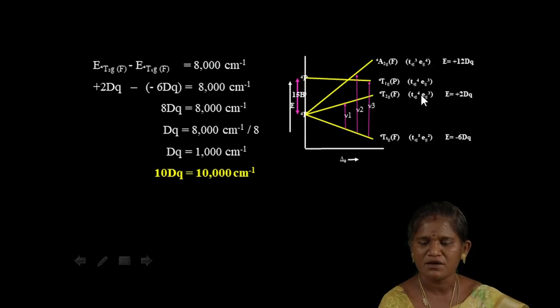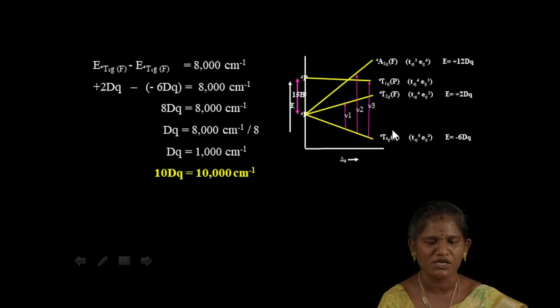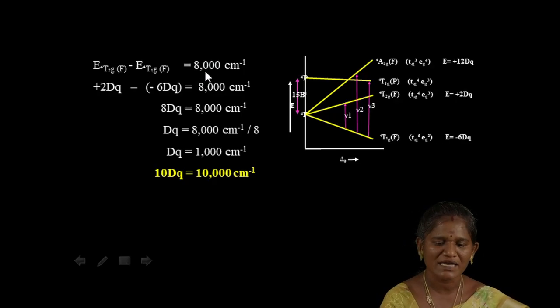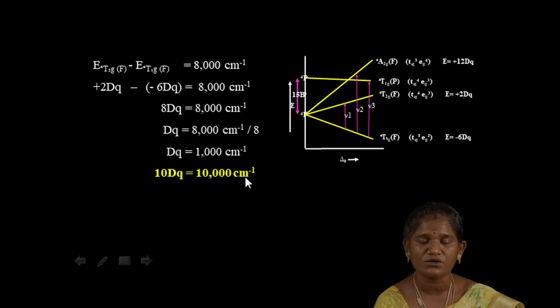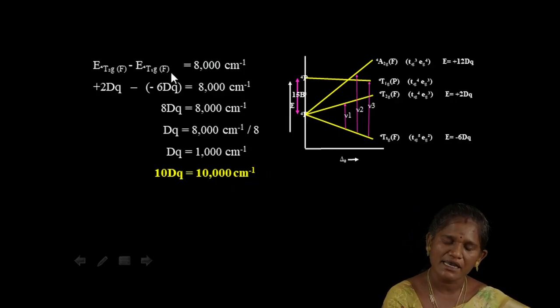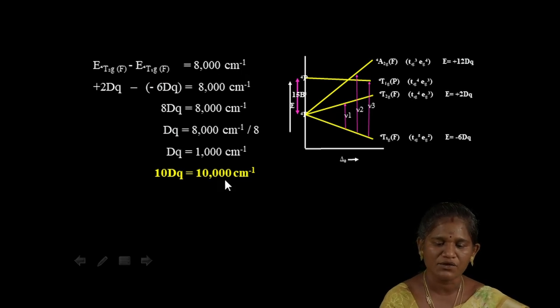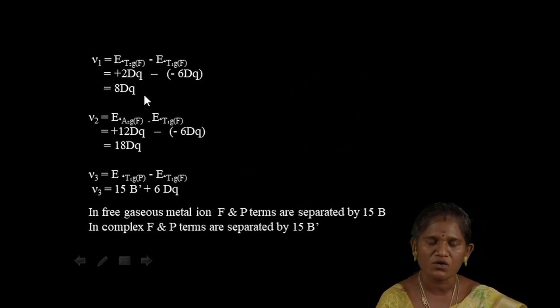T2GF energy is plus 2 Dq, and the energy of this T1GF is minus 6 Dq. So we can substitute these two values in the equation, and we get the value of Dq as 1000 wave numbers per centimeter. So obviously 10 Dq is equal to 10,000 wave numbers per centimeter. So in this way, by using any one of the 3 transition values, we can predict this 10 Dq value. So what is 10 Dq? Crystal field splitting energy. So we can find it out, and next we have to find out the beta value,